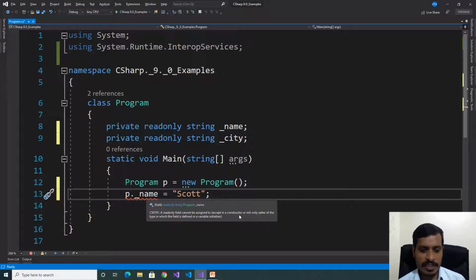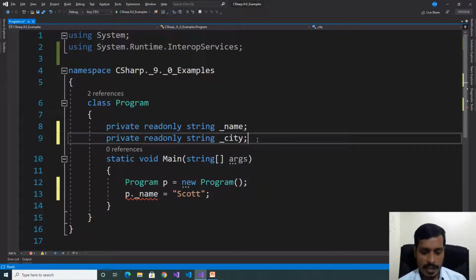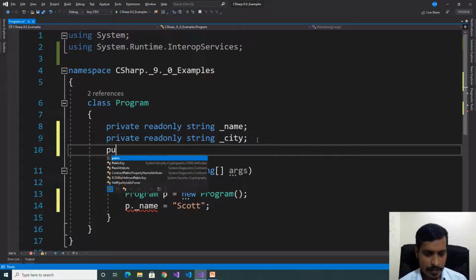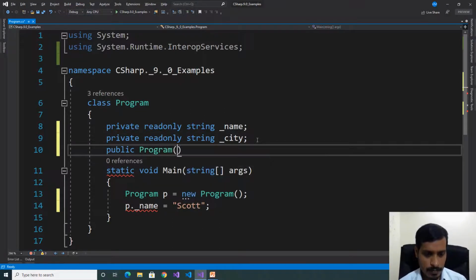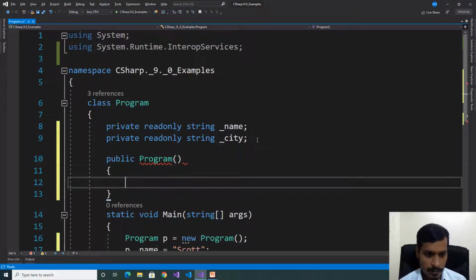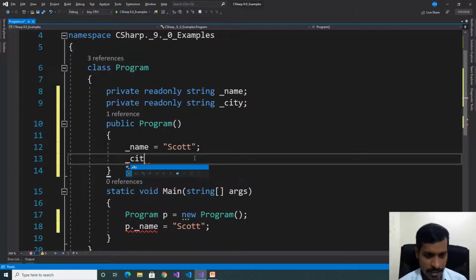First, we'll try to assign values to read-only fields using a constructor. Here, declare the constructor public Program: _name equal to Scott, _city equal to New York.